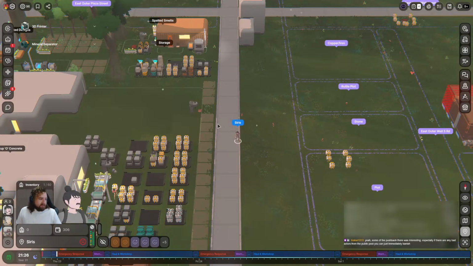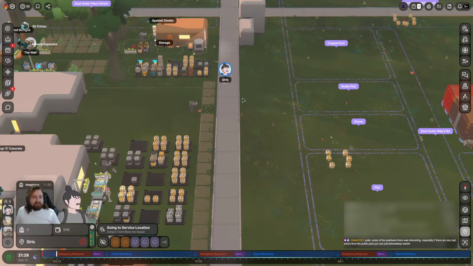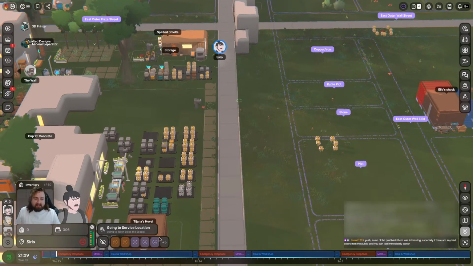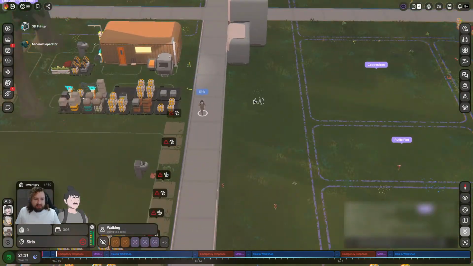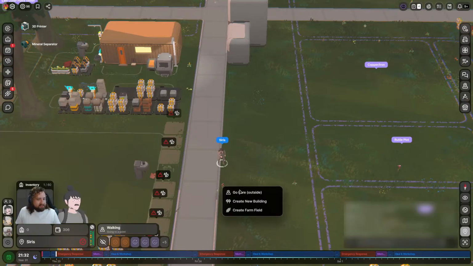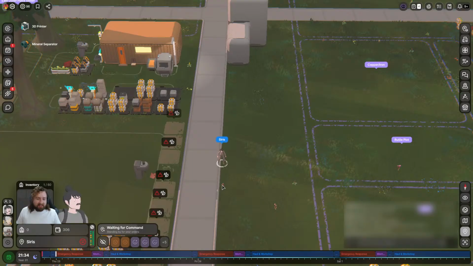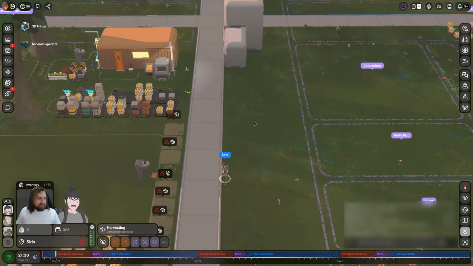Yeah, some of the pushback was interesting, especially if there are any bad actors from the public pool, you can just immediately banish. Yeah, but that was one player who saw what happened with Altoria. There's a few of them with a very similar name, because there's also Altheria, and that's a whole separate place.